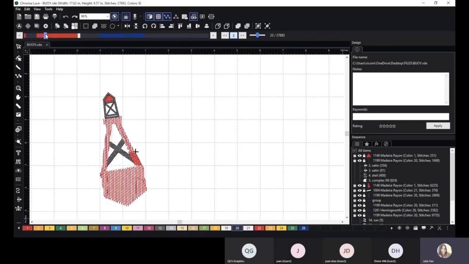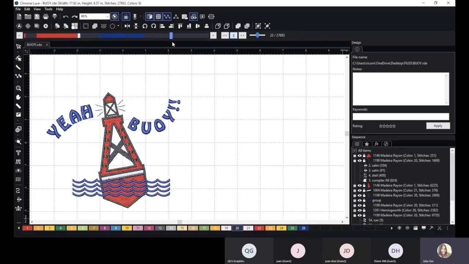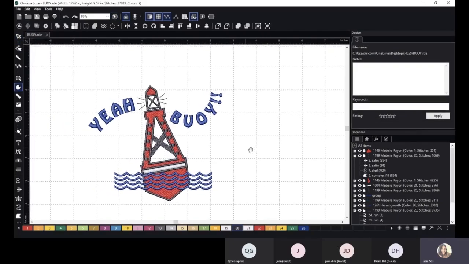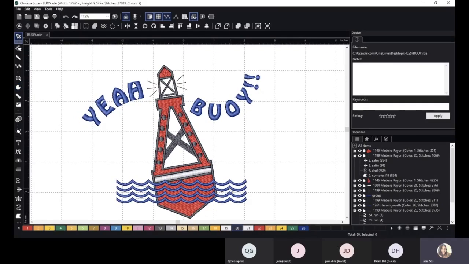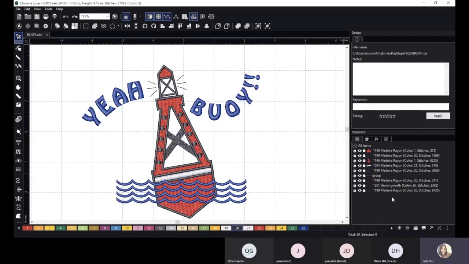So I can actually see that this design stitches the top black area, then we have a little bit of the red, and then the details, and so on. So if I wanted to resequence this to make sure that we have, say, all of the red stitch out together and then all of the black, then maybe we do the blue and the white, we can do a couple different things. The first thing I can do is take a look at the right-hand side,